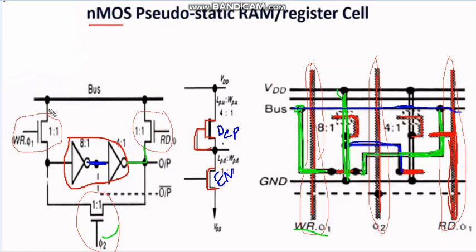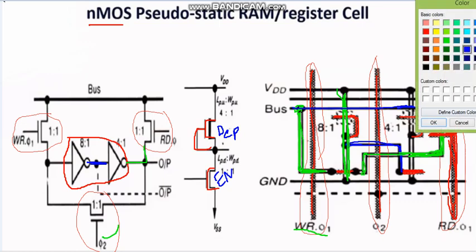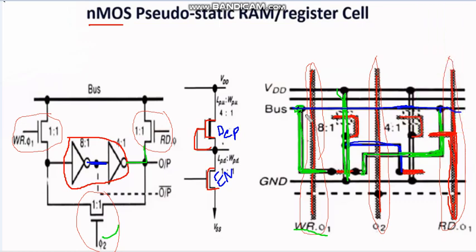Already we have connected this. Of course two pass transistors have been connected, that is read and write. So this is a read, diffusion has been connected here, and the read connection we have made, and the write connection we have made, right? To the bus only two connections, contact points, we have to make here, one from the read and another from the write. So here we have made that, right? Here we have made this in black color, two contact points.